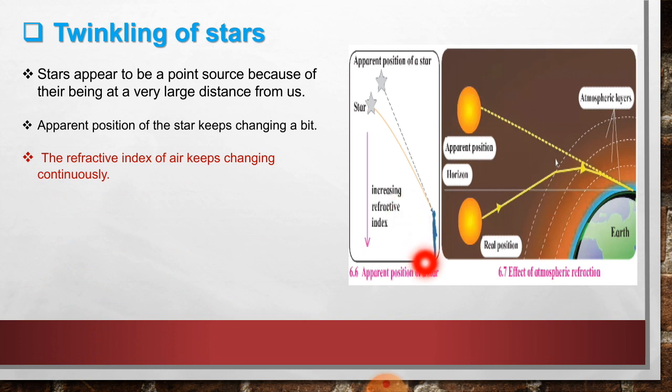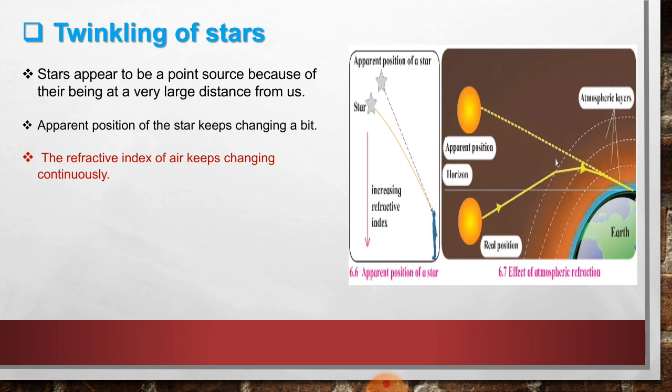Here one person is standing, let's imagine. So when he looks towards the star, he will see the star's position over here, but in reality the star is not here, the star is over here. This is the real position and apparent position of the star, which means the position which we see is not the real position of the star. Okay, so the refractive index of air keeps changing continuously. Because of this change, the position and brightness of the star keep changing and